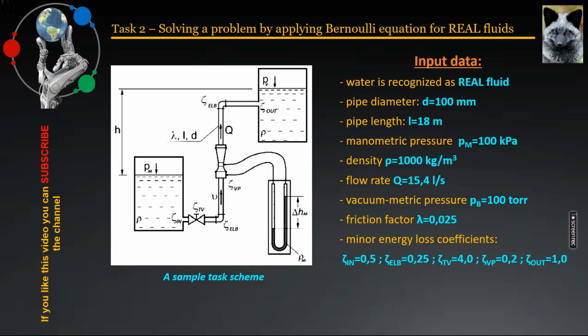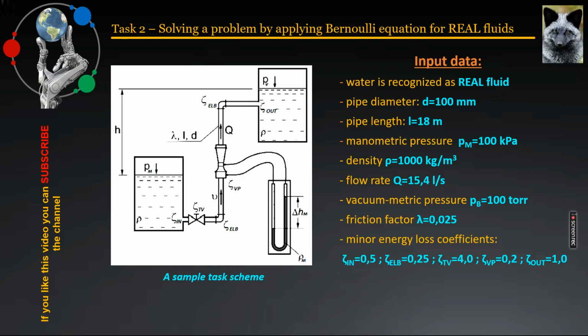The friction factor, also known as Mayer energy loss coefficient, lambda, is 0.025, and the coefficients of local resistances, also known as minor energy loss coefficients, are known in advance, and they respectively are: at the entrance it is 0.5, for an elbow 1 unit it is 0.25, for the throttle valve it is 4, for the Venturi tube, which is a basic flow meter, it is 0.2, and for the exit